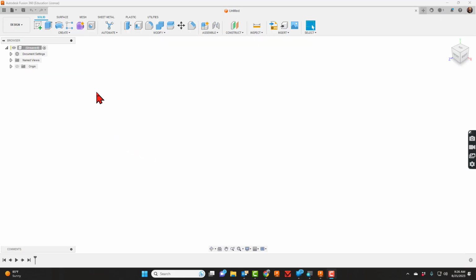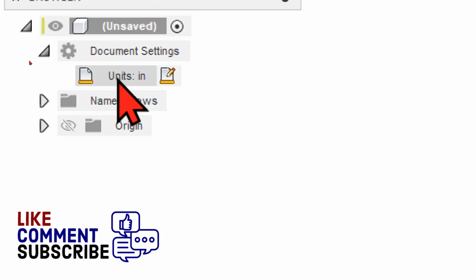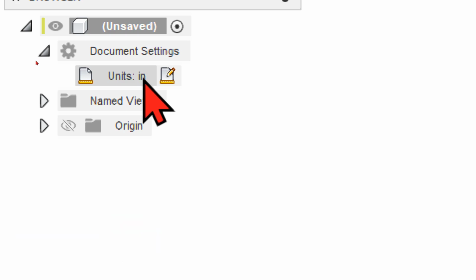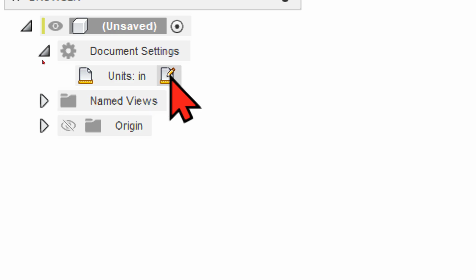In this video, we're going to talk about how to change the units in your design. So over here in your browser, you're going to expand the document settings, and you'll see that the units right now for me are in inches. Usually they're in millimeters, but if we click this piece of paper, this little paper icon, we click that, and